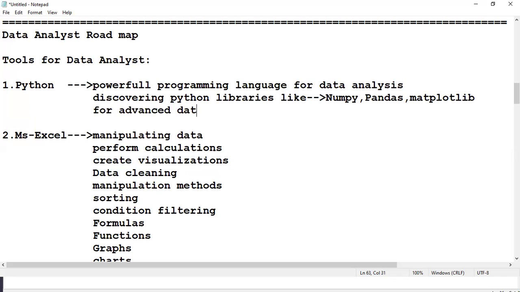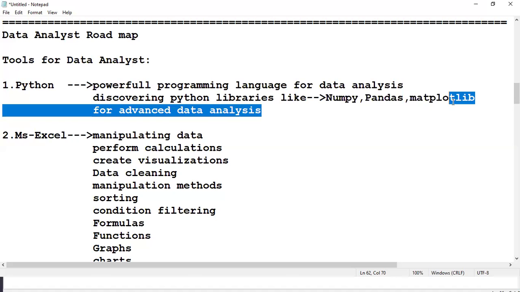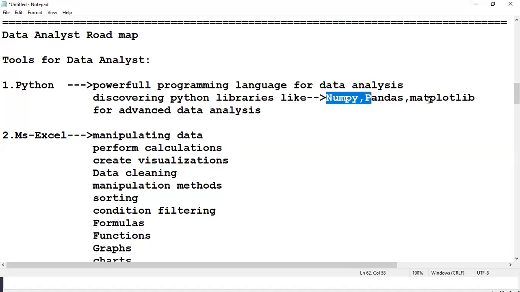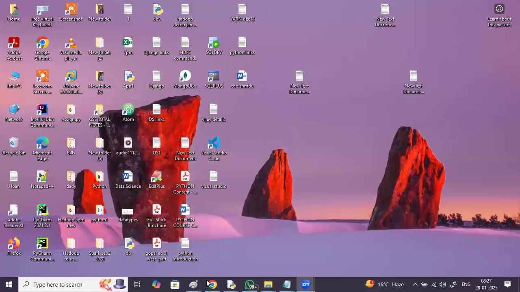These are the main Python libraries. We have got thousands of libraries for Python. If you have knowledge of NumPy, Pandas and Matplotlib, a lot of jobs are available only on these three modules.